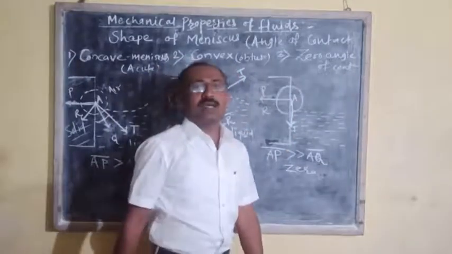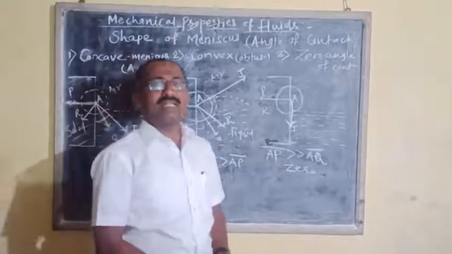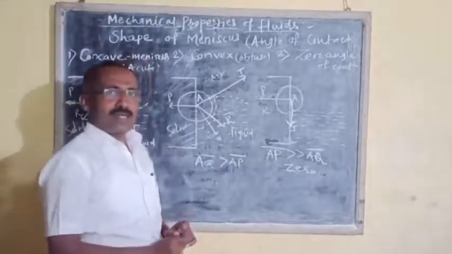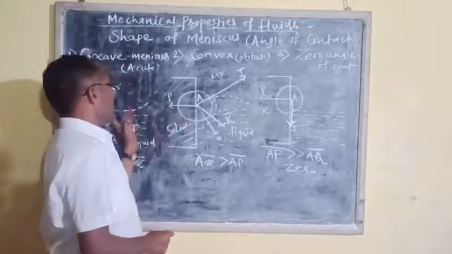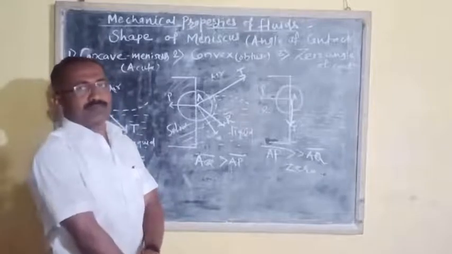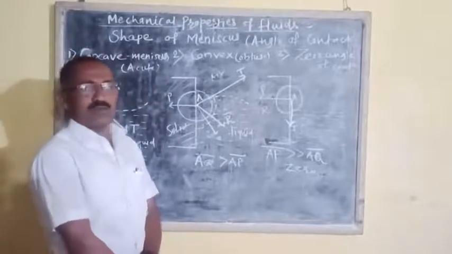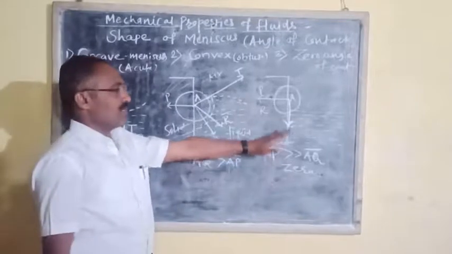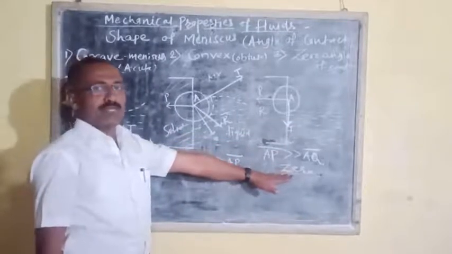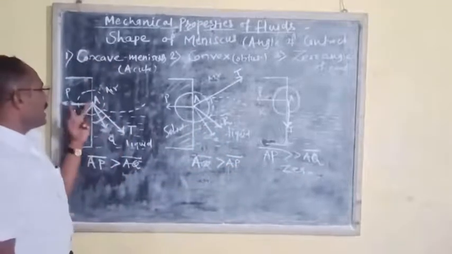And hence the liquid in contact with solid will not be horizontal. Why does it not remain horizontal? Due to the angle of contact. Only in pure liquid, pure water, the liquid which completely wets the solid, in that case only the liquid surface will be horizontal and the angle of contact will be 0. Now, in case of a liquid which partially wets the solid, the adhesive force is greater